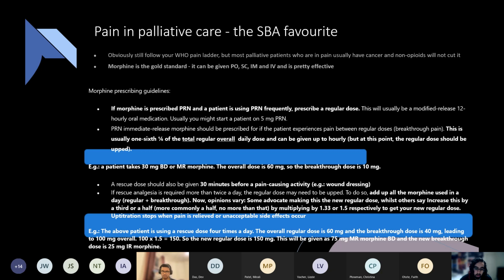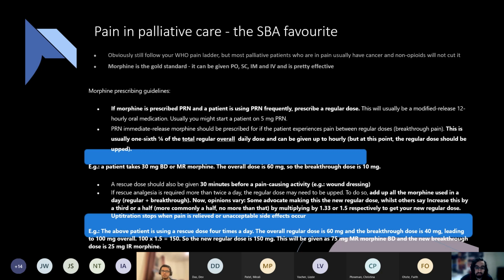Do we just stop giving them PRN morphine? What do we need to cover for? Yep, so laxative is really important. But then the other thing is they still need their PRNs because of something called breakthrough pain. Breakthrough pain is pain that's coming in between regular doses. Pain is regarded as controlled if, with the regular medication, you are not getting pain. It is uncontrolled if you're having to take